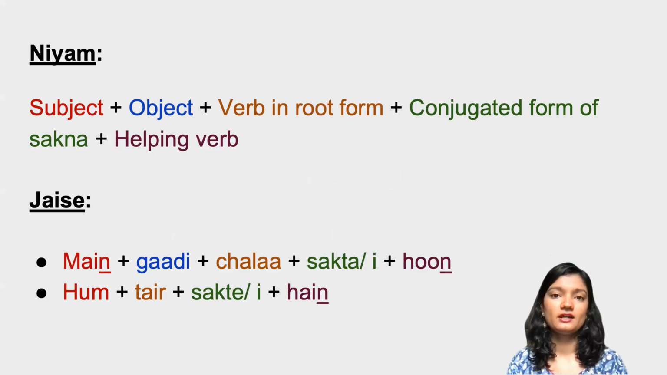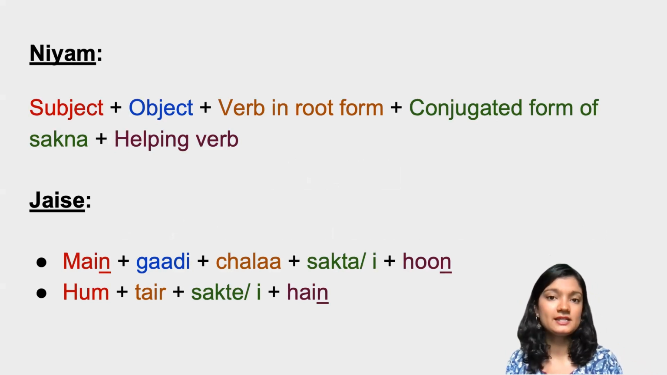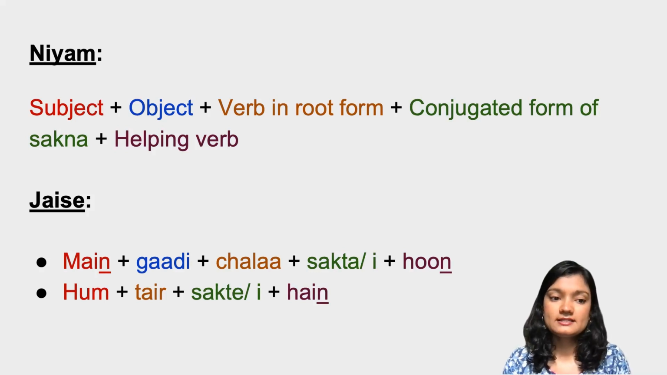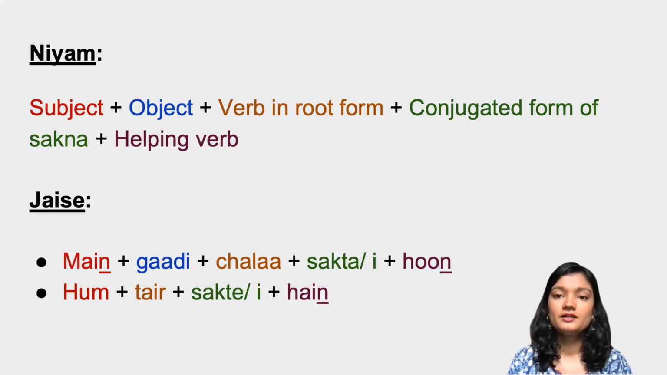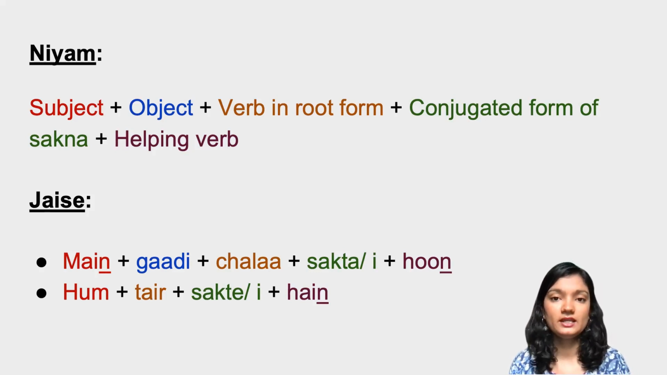Alright, so first we look at the rule, how to structure the sentences properly whenever you want to insert can or could in your sentences. Look at the examples first. The first example says, मैं गाड़ी चला सकता हूँ. Remember, wherever you find underlined N, that is a nasal sound. मैं गाड़ी चला सकता हूँ और मैं गाड़ी चला सकती हूँ, which means I can drive a vehicle or simply